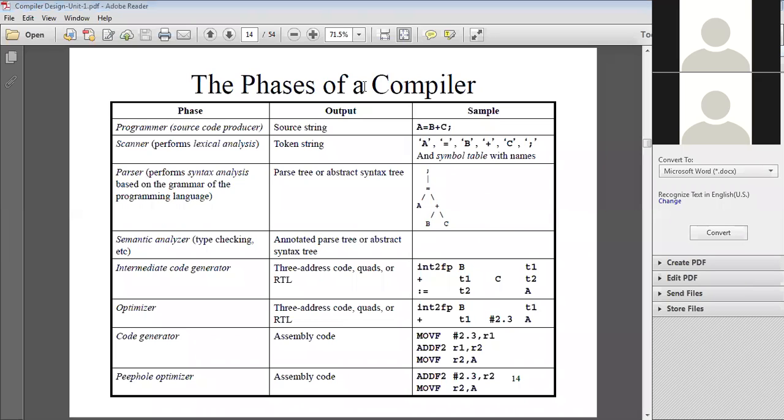Fourth, semantic analyzer. In the semantic analyzer, we do the type checking, etc. So type checking, we will check the different strings, or the programs which are written by you, whether they are okay or not. Whether you have made some mistakes while writing the programs, that is called the type checking. So whether you are following the